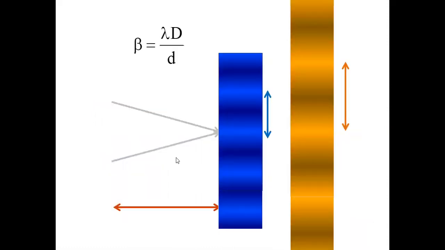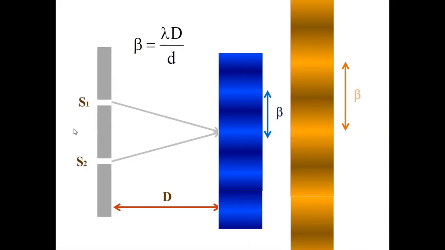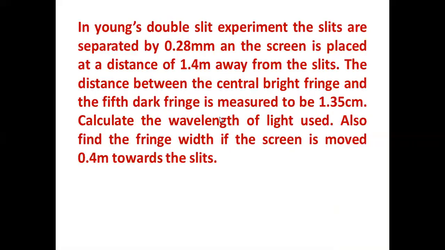And one more thing, this is what I have explained. Fringe width depends on the wavelength. If you switch on blue light here, you will get blue bright, blue dark, blue bright, dark, blue bright, like this. But the distances between blue bright fringes are lesser because the wavelength of blue light is less. Suppose in the same apparatus you switch on a red light, then the red fringes, red bright, dark, are far away. They are separated by a larger distance, whereas in the same apparatus, if you put blue light, then the fringes will be closer and closer. So beta depends on lambda, the wavelength. So shall we move on to the problems?